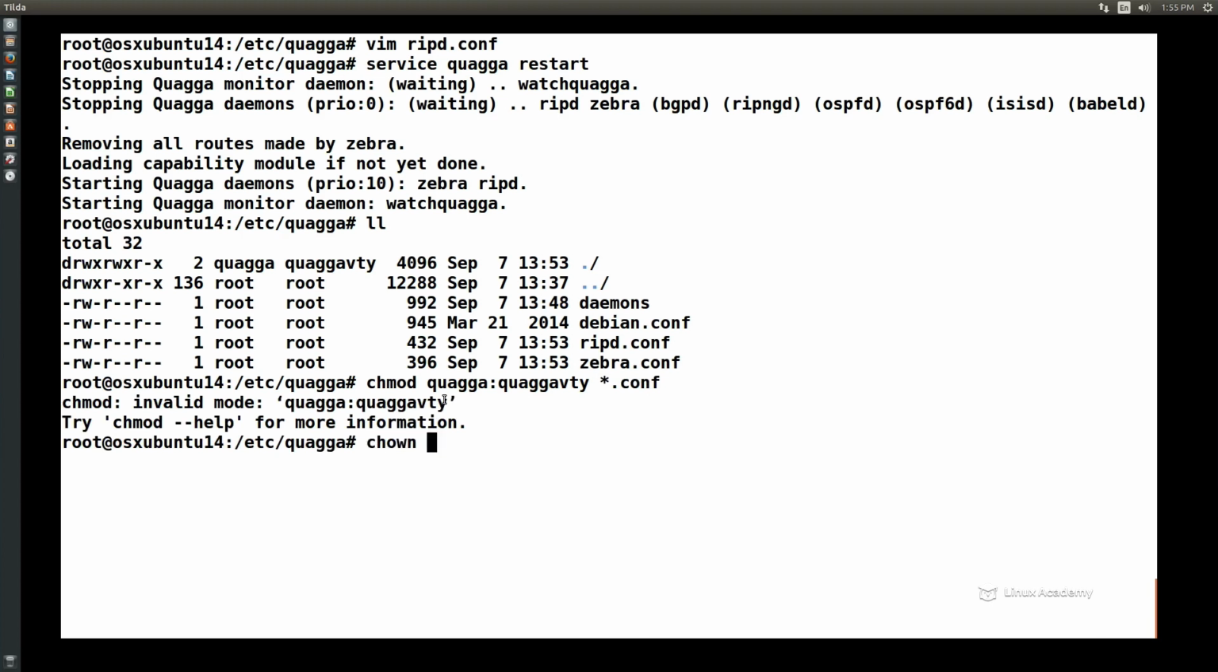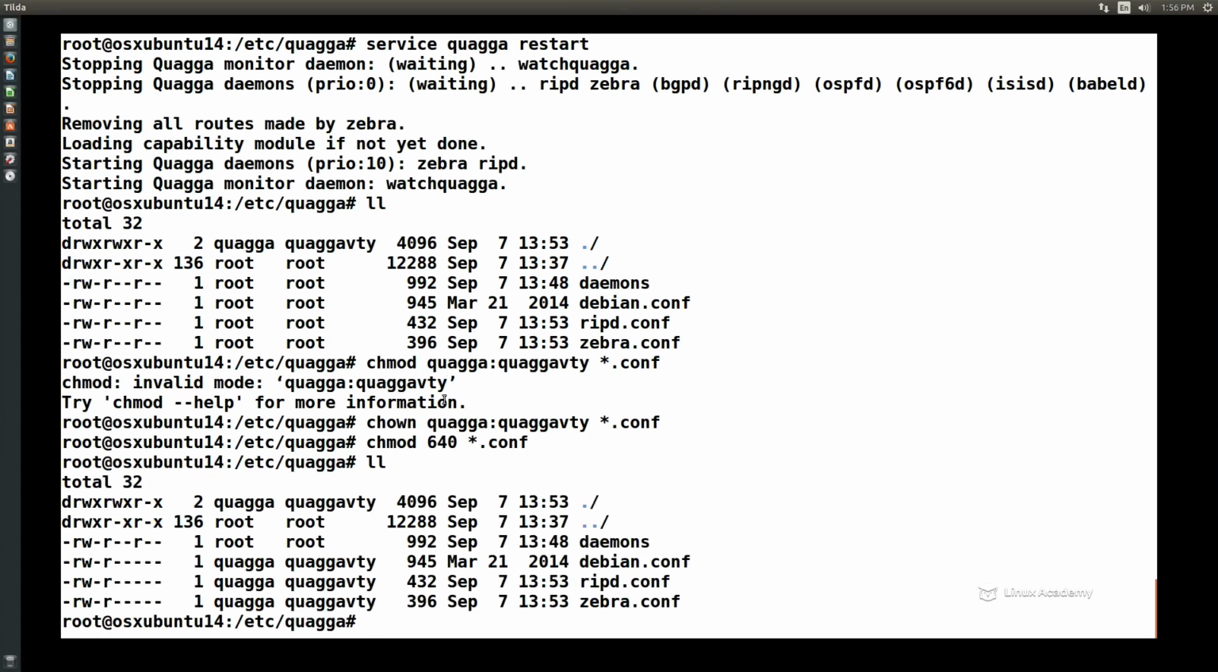Change ownership rather, sorry. Quagga VTY star.conf, and then we're going to change mod and make sure that they're 640 so that we have the permissions correct on the configuration files. So now that we've got that, then what we want to do is go ahead and set up our